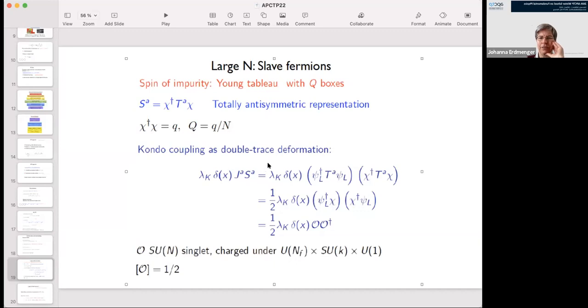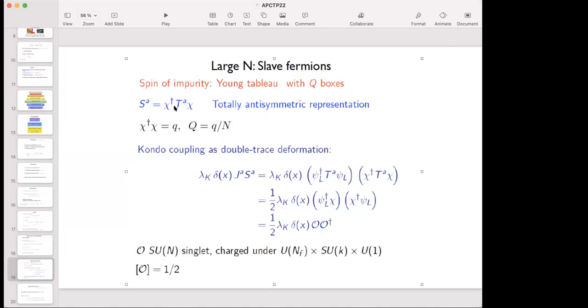So now the interesting thing is, if we are in the large N limit, we can rewrite the interaction. So here I wrote the interaction. This spin current is something which looks like this, made out of these left moving electrons that we discussed all the way along. Okay. And now I'm writing this spin operator in this form.